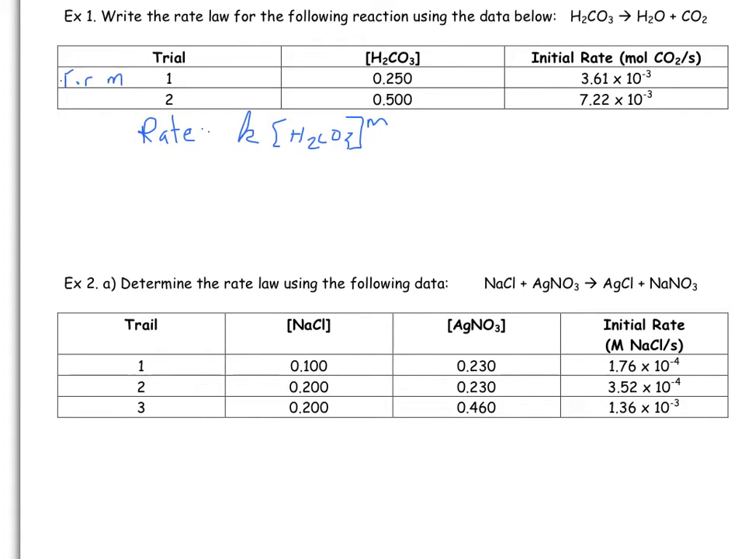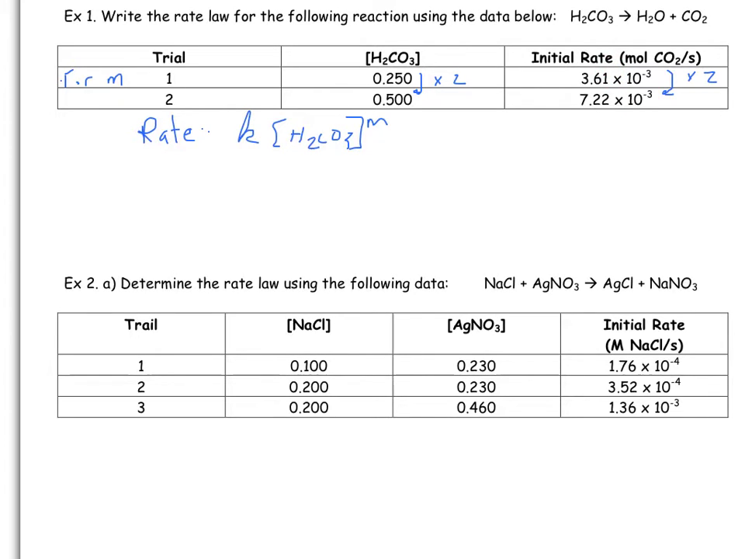If I have a look, my concentration doubles. And if I compare my rates, they also double. That might be difficult to see because they're in scientific numbers. Remember, you can always use your calculator. If you take the rate for trial 2 and divide it by trial 1, then that will equal 2, or